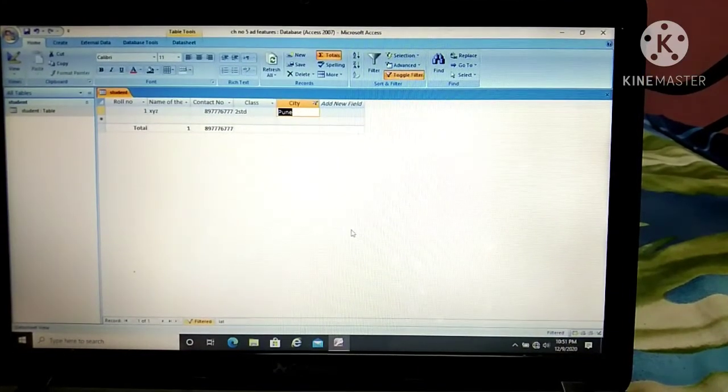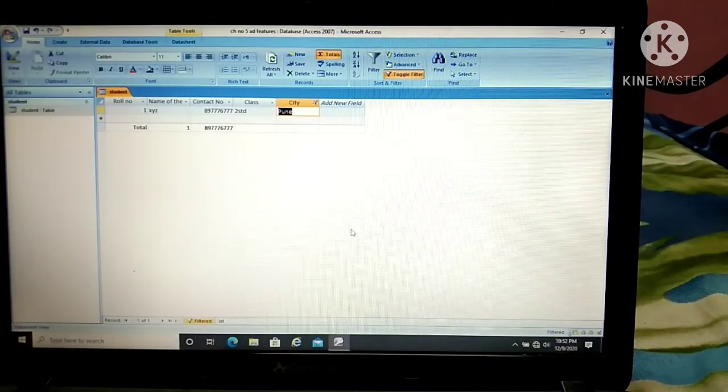Can you see that? So it means wherever that Pune will be there, everything will be displayed to you. Like this, you can filter the records of your database or the table. Do you understand? Now this is the way you can filter your datasheet table. Okay. Now the next is